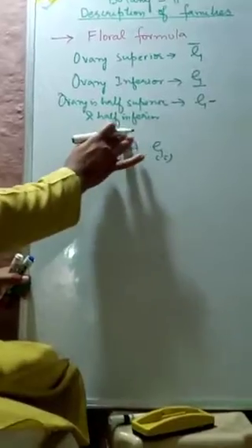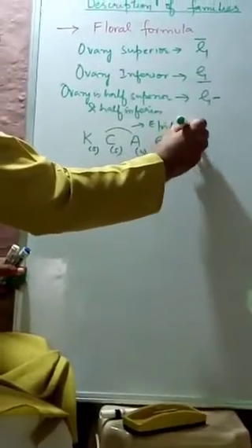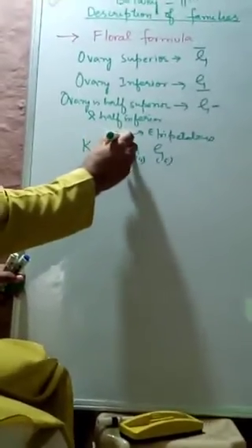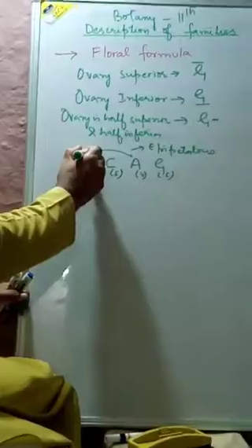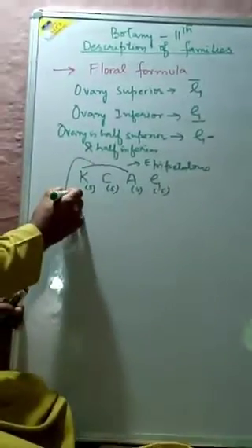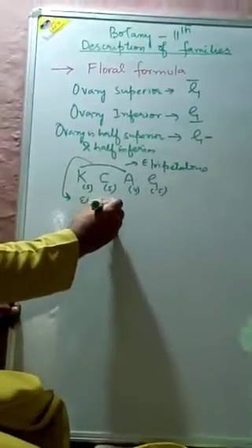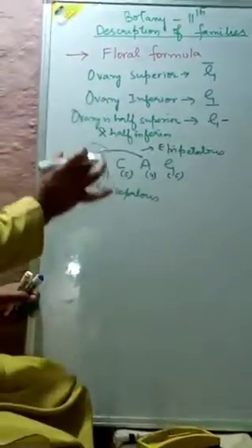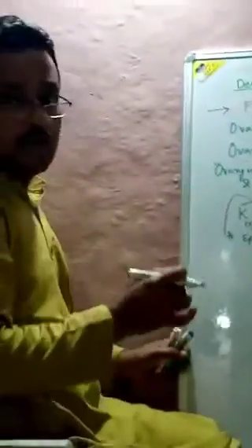Or sometimes we will also see when the sepals and androecium are fused, what do we call this condition? When androecium and petals are fused, that is called epipetalous. Now again, when this androecium and these sepals are fused, we put the bracket like this, and this condition is called episepalous. So these are the various symbols which are mainly used in the floral formula.